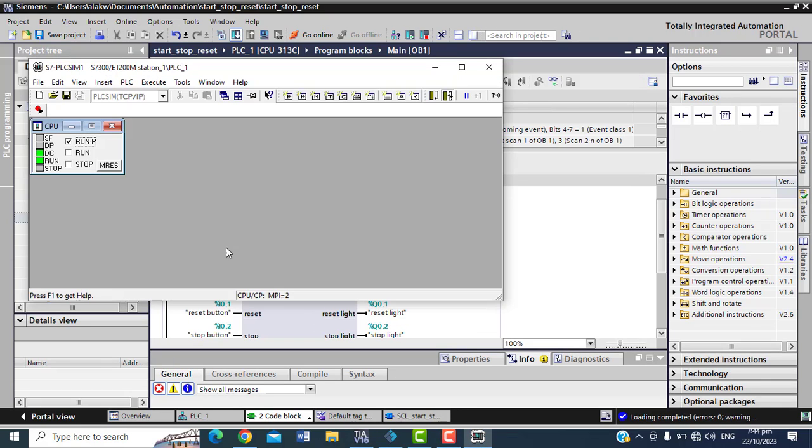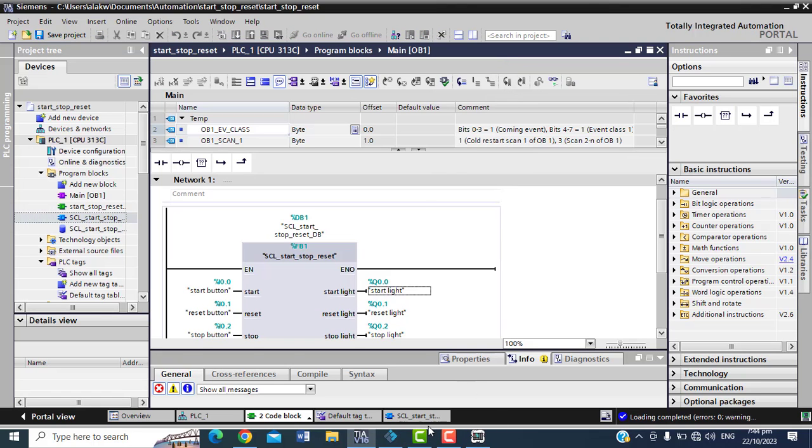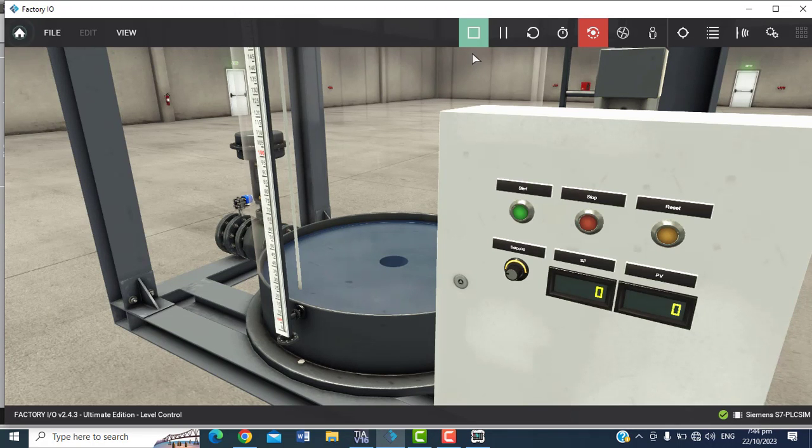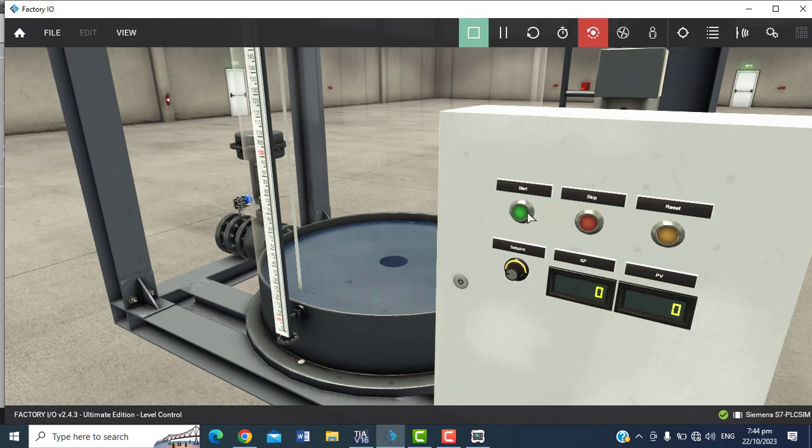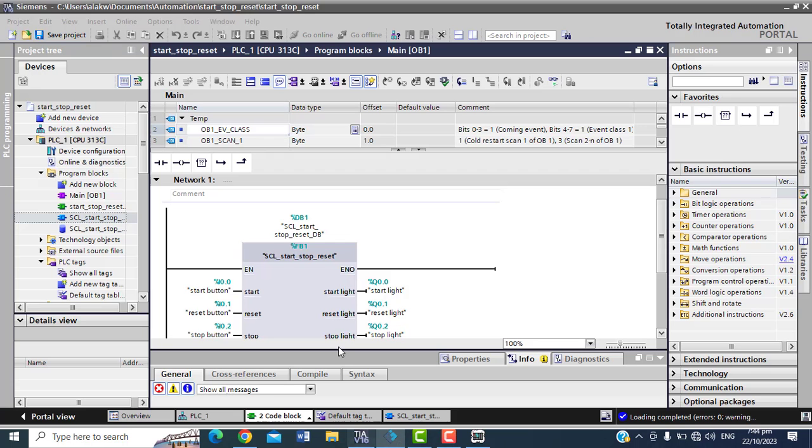Okay, so again, I'll reset them, stop and start. And then if I go back to FactoryIO, I stop this one and play them again. If I press play here, okay, you know it still doesn't work, so let's know what the problem is. It's even good that if you work like this, you troubleshoot more and see what the problem could be. So if I go back to my code, let me see what I wrote there that will make it not work. So I see start, stop, reset.